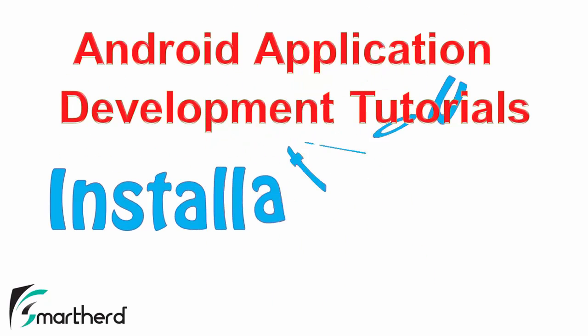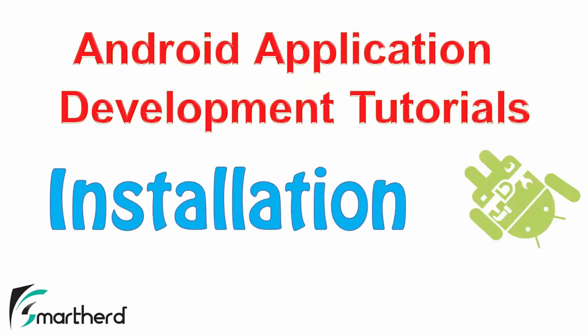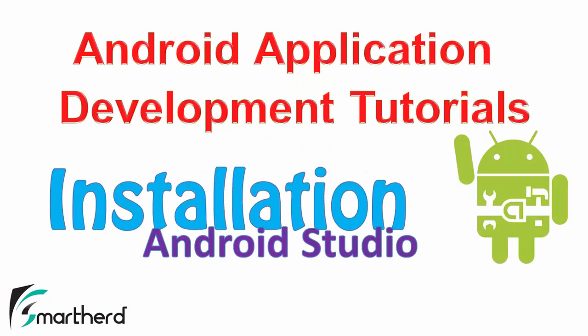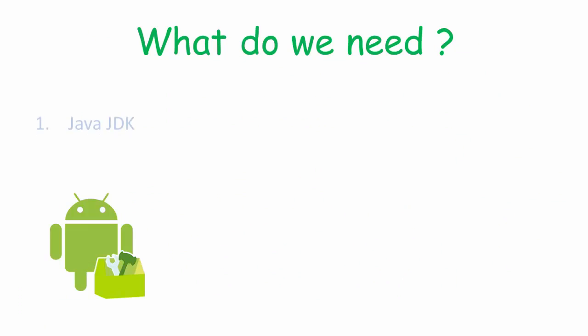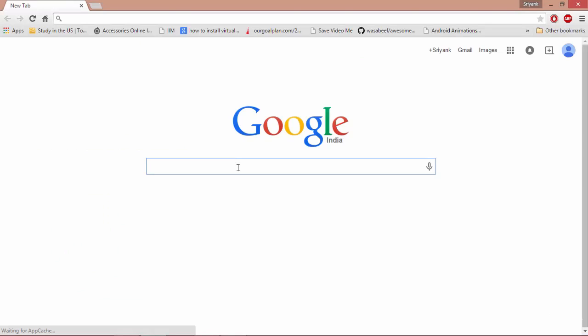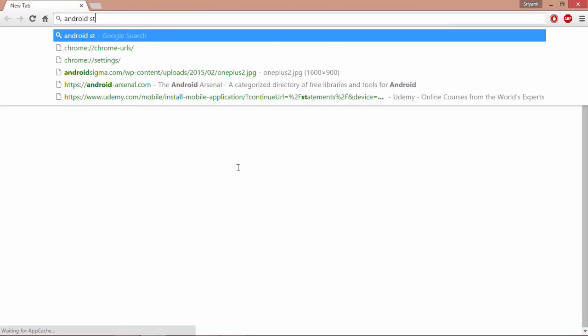Now in this video I'm gonna show you how to install Android Studio, that is the official IDE to make applications for Android. So in the last video we installed Java JDK. Now it's time to install Android Studio, that is the second part of our requirement to get started with our Android application development. So let's go to google.com and simply type Android